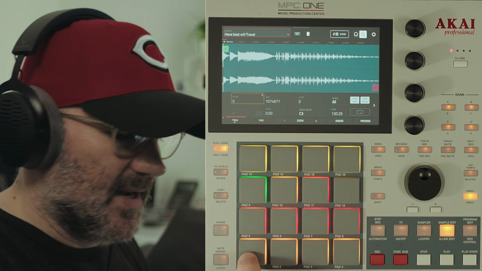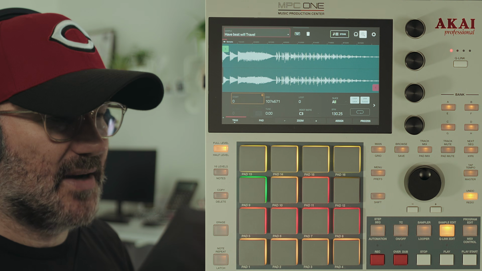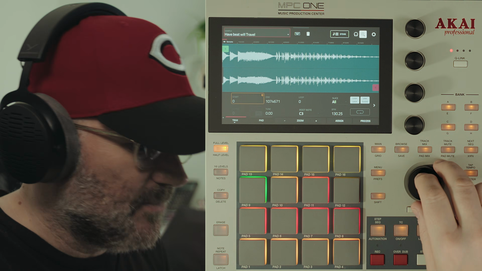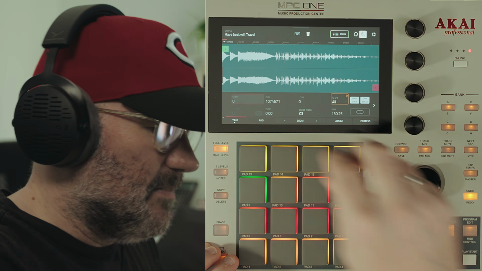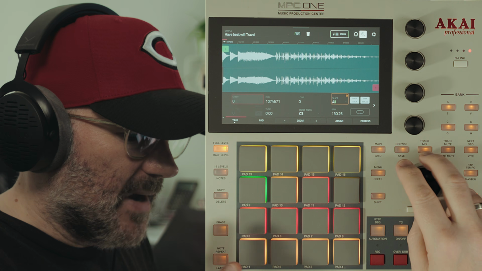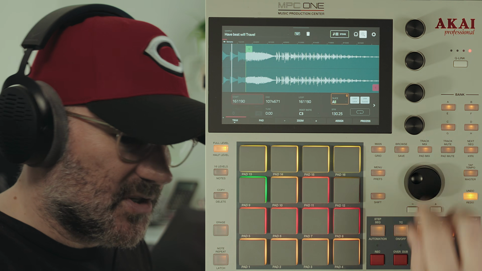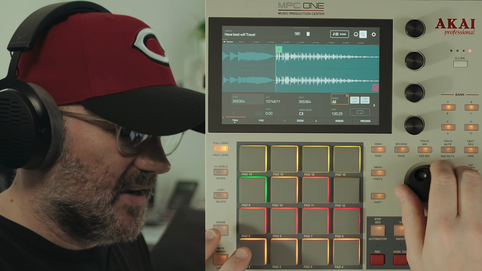So we've got this sample in here. Like I said, let's use this sample as an example. I'm getting there with that now. And we don't want to use the beginning part, but we might want to go back. Now, if I was going to discard this, I would find